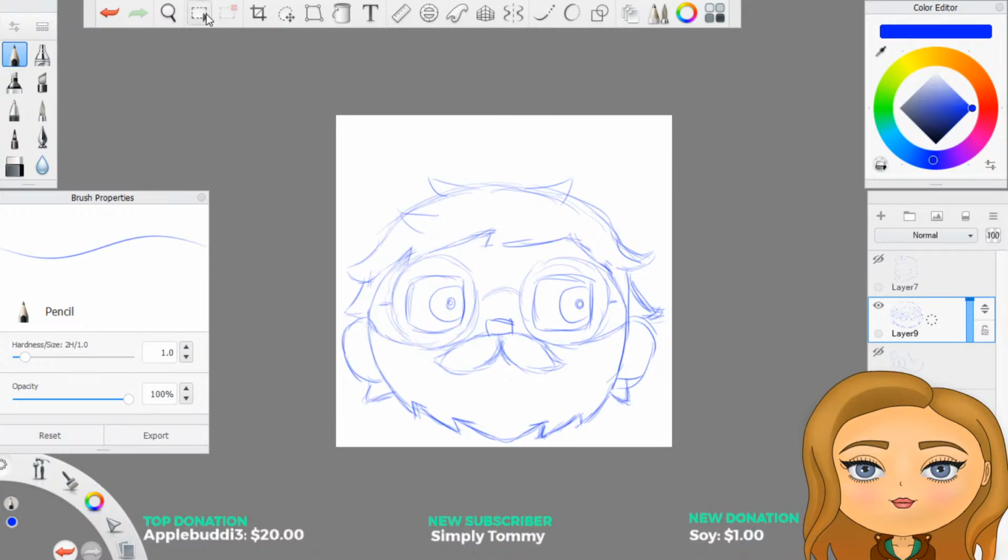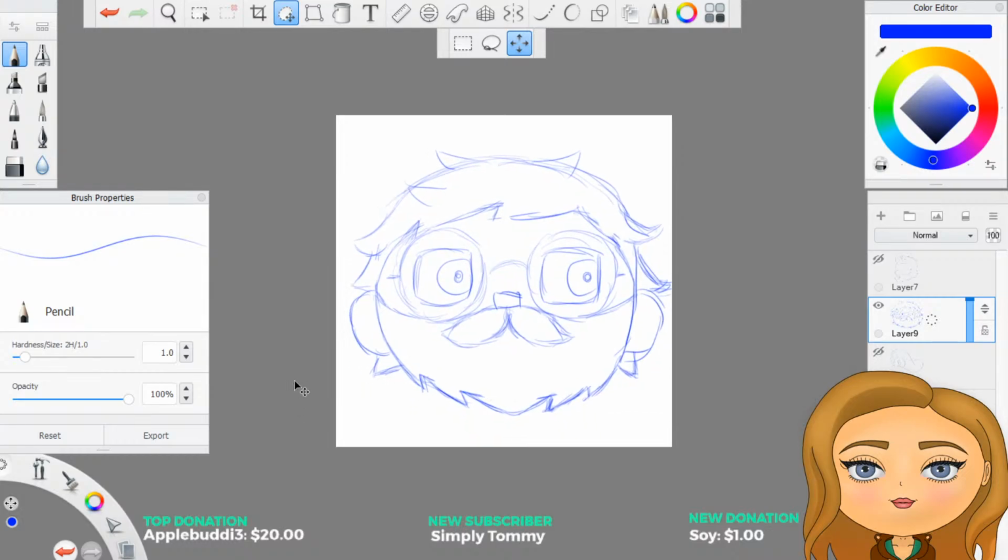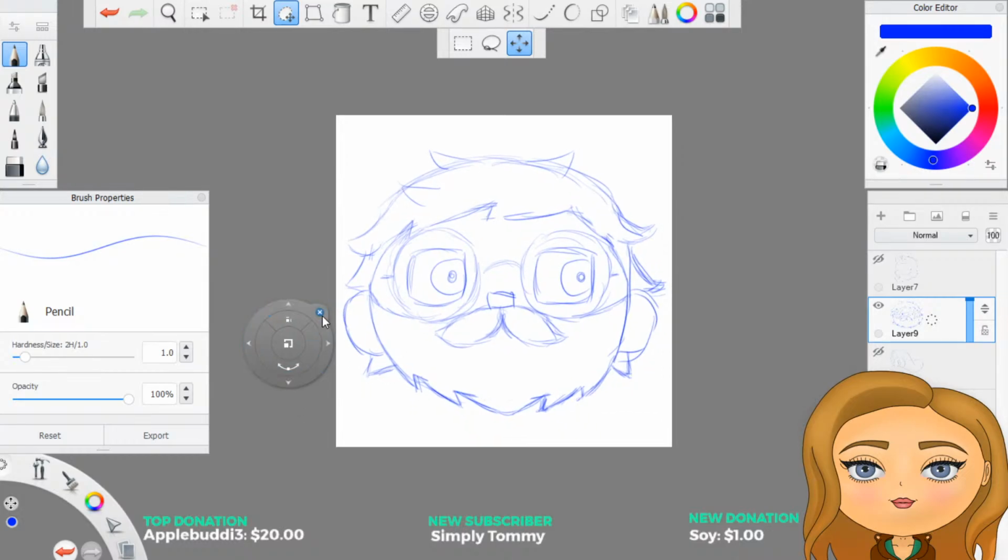I feel like this whole thing needs to be moved up. Just grab the whole layer and move it up, because I've drawn you really low down. Although I suppose we could put a hat on it. He looks stunned.